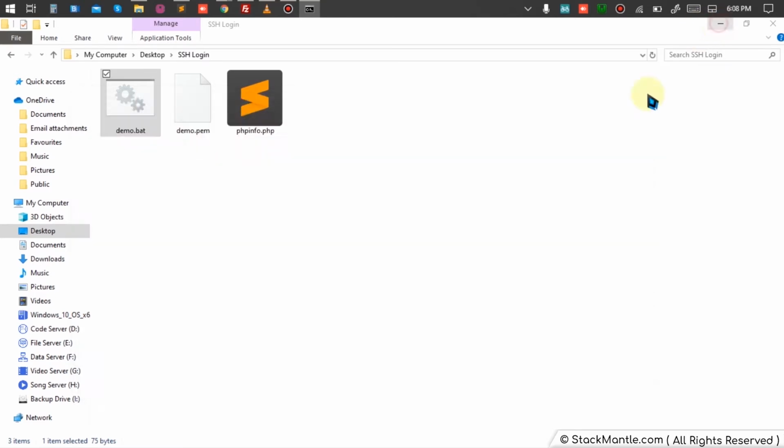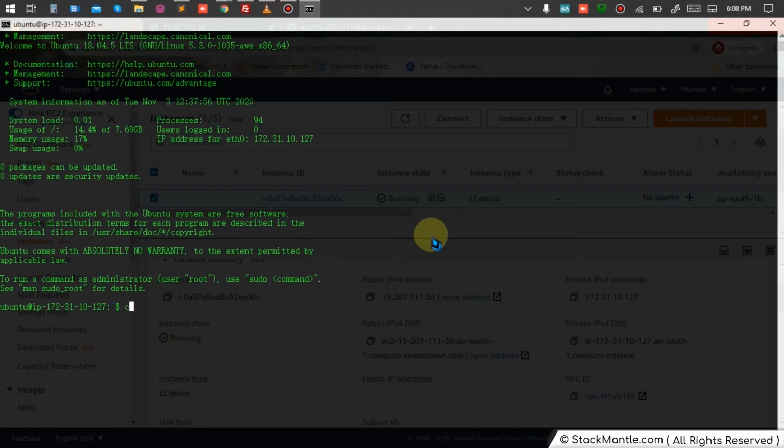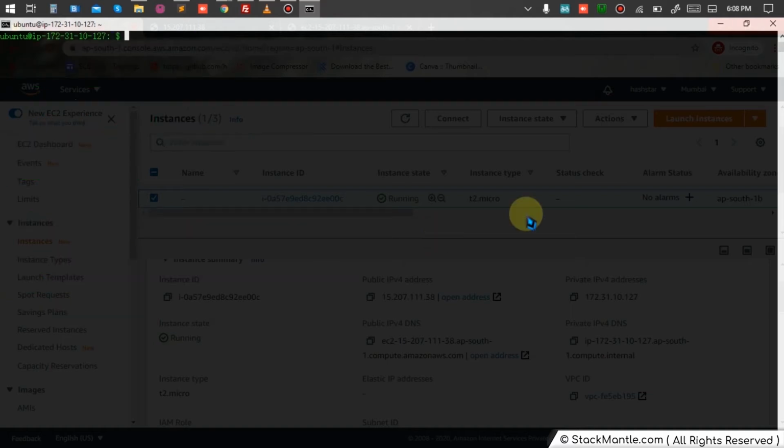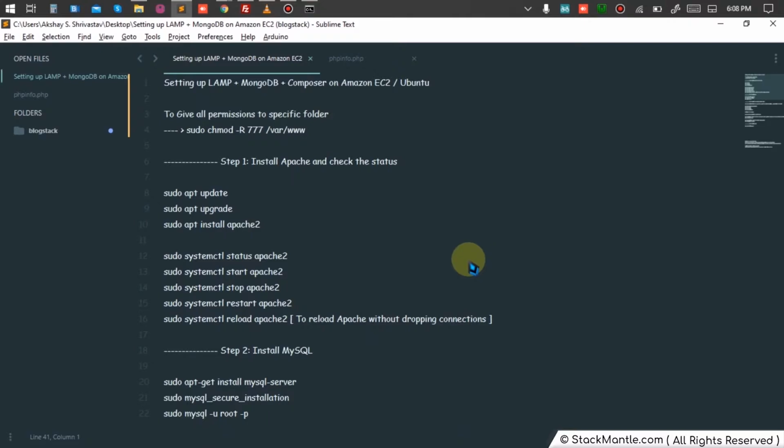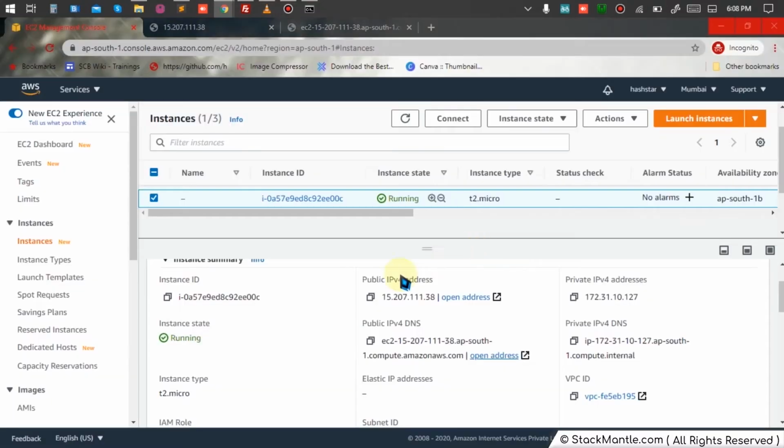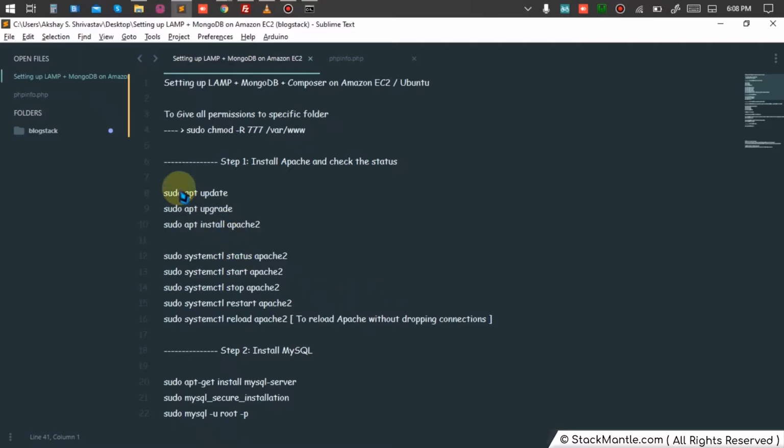I have logged into my SSH over here. Now I'm going to run a series of commands. Don't worry, I'm going to provide a link in the description where you can have a look at these commands at any point of time.